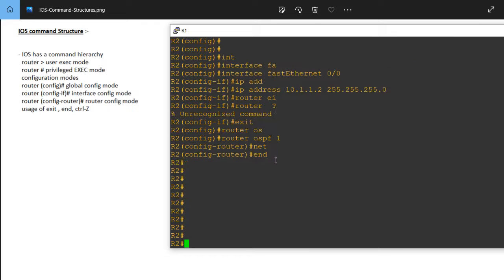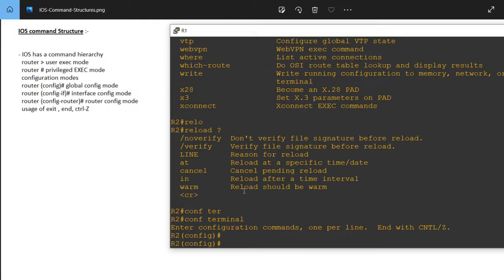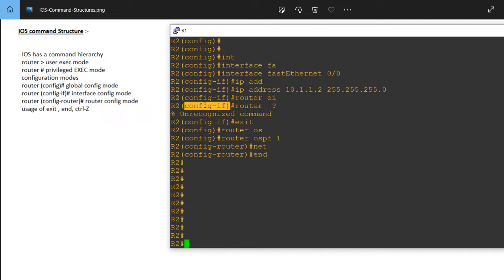So this way you can easily configure your device, and you can easily know where you are. See, this bracket shows where you are. If you see, this is router config mode, this is interface config mode, this is global config mode,